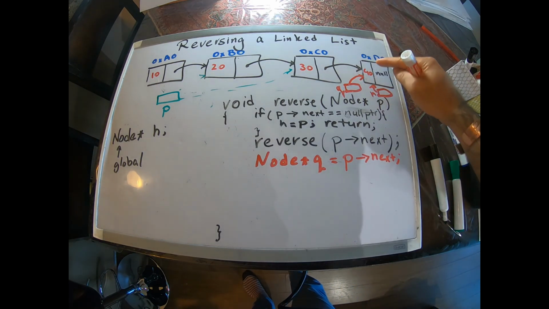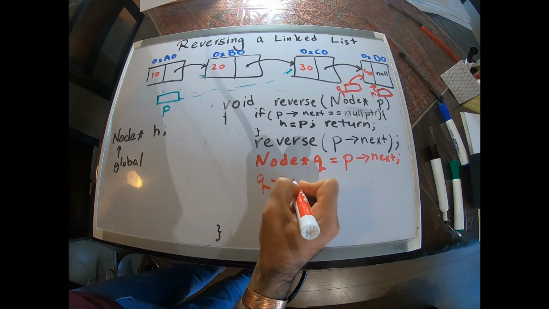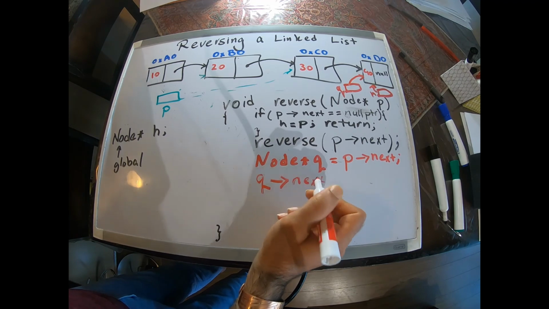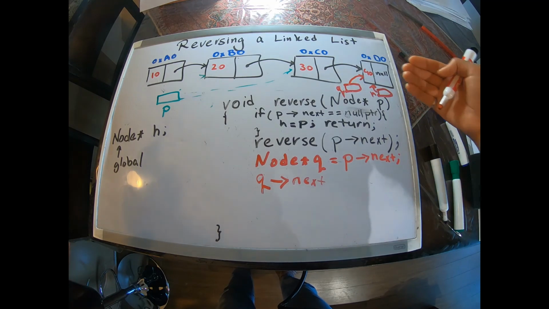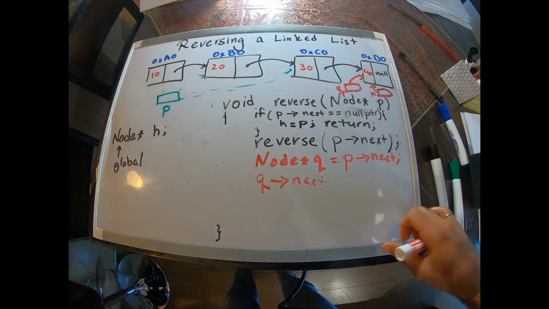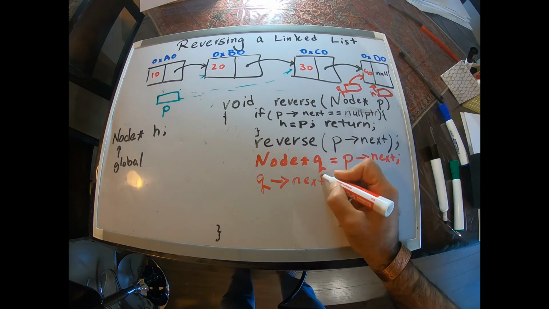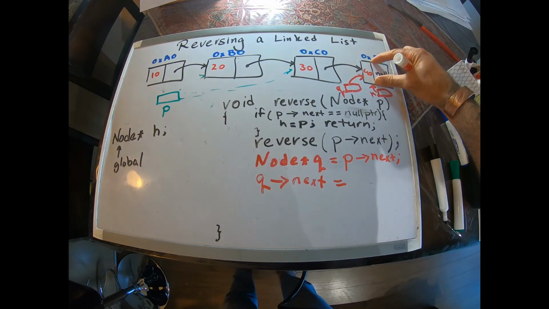What is this node? It's Q arrow next, right? You might think that this is also head arrow next, but why am I not using this one? Because I want to write a program that would work for other nodes as well, not only for the last node. Okay, so I'm going to say Q arrow next is equal to, I want this pointer to point to